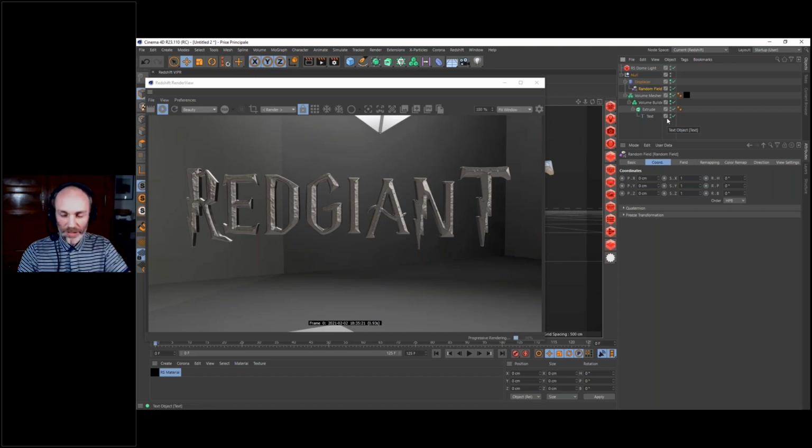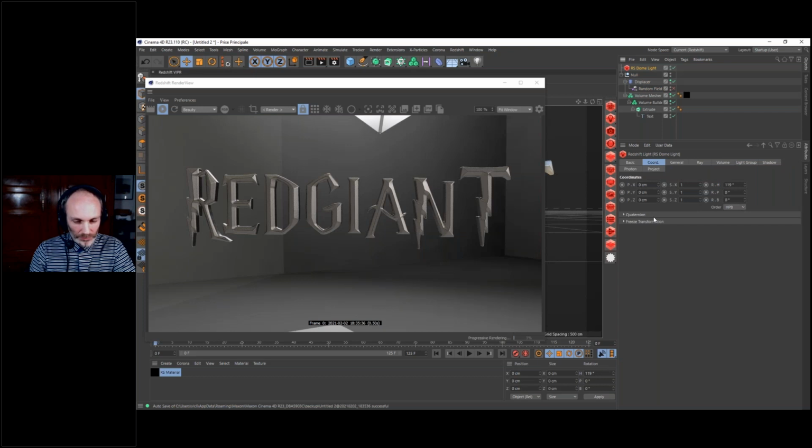So it's interesting to be able to turn it on, turn it off, and so on. Our dome light is a very standard dome light. It doesn't have a lot of contrast, but it's interesting because we have some nice reflection with nice gradient, which we can see here on our font.